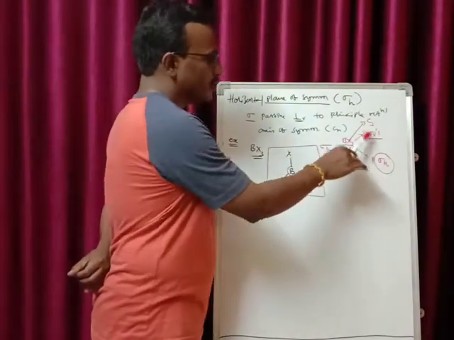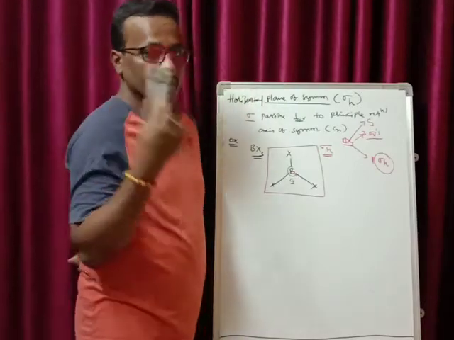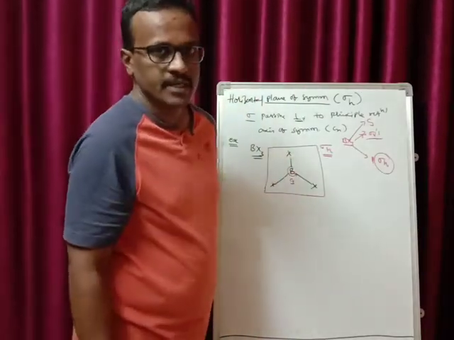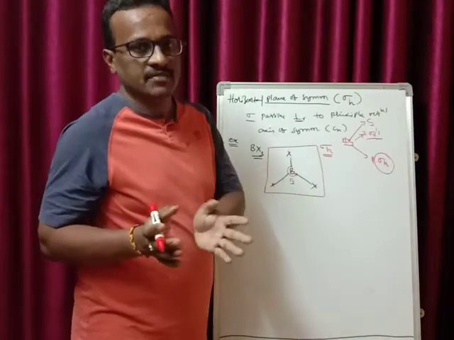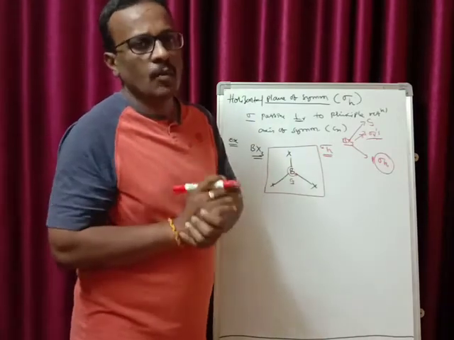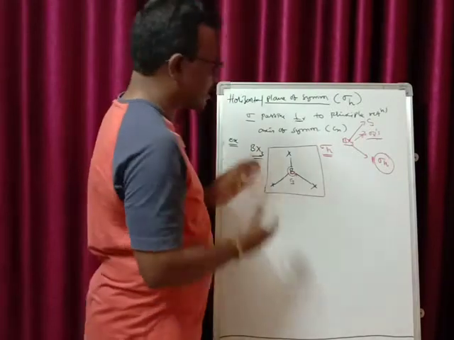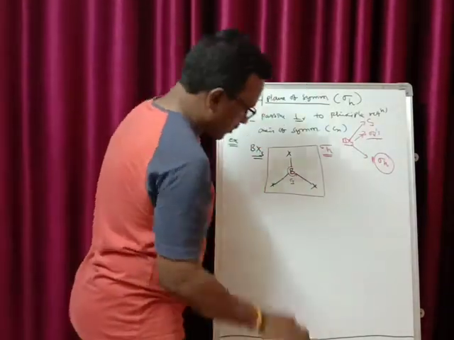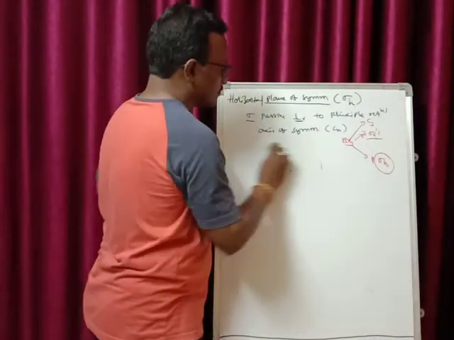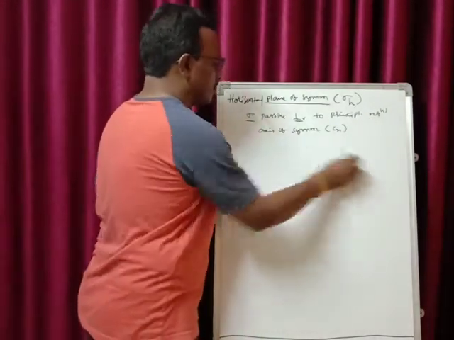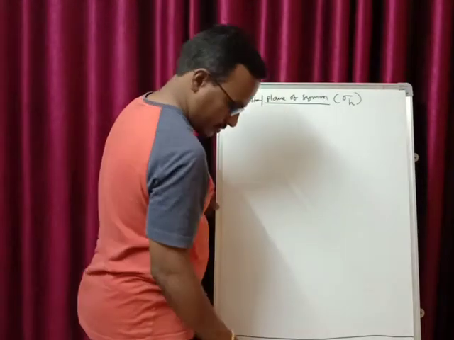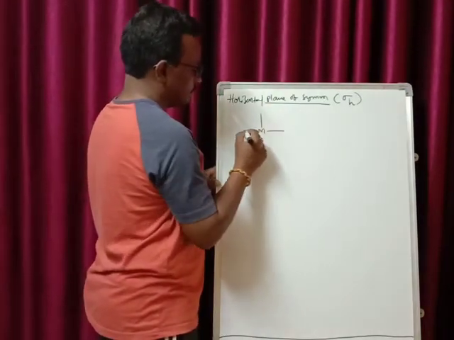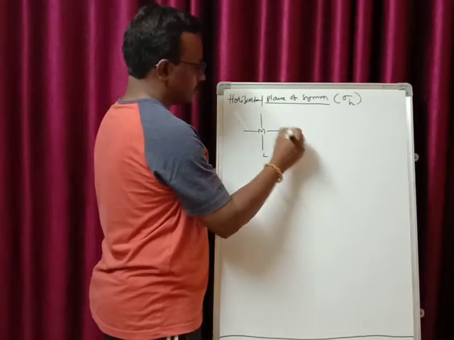Why am I highlighting all these things? Because when you go for the point group, when you discuss point groups, you have to list out all the symmetry elements, and only then can we classify the molecule into a particular point group. So this is regarding the example of the BX3 molecule. Now let us take the other example, that is the ML4 complex.